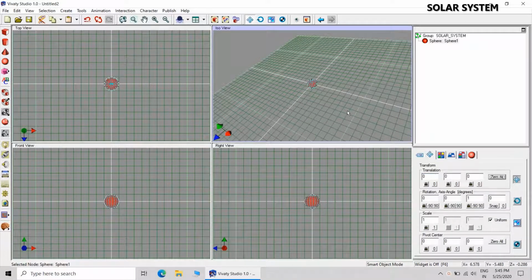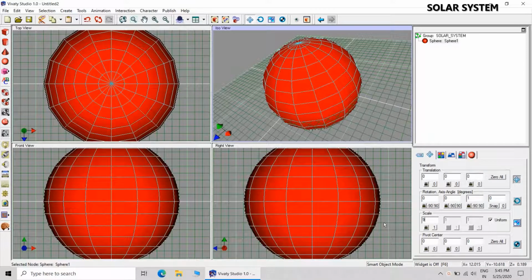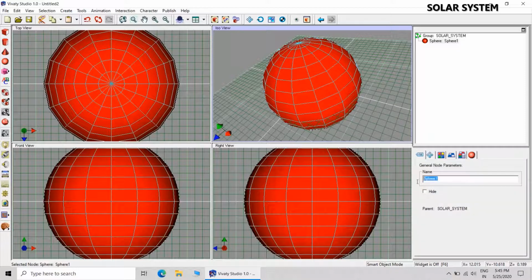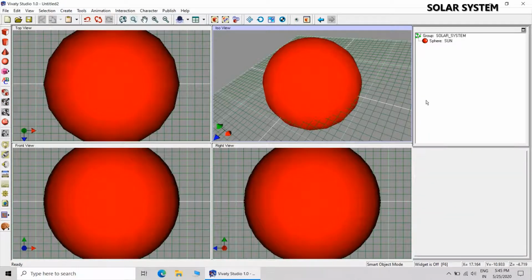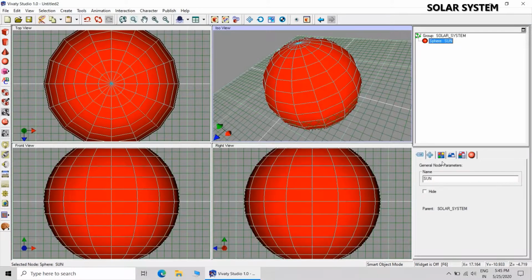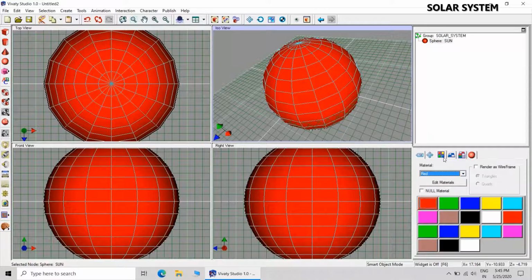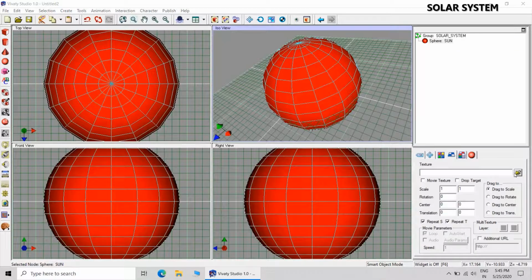Now it will be placed at absolute 0, 0, 0 coordinates, and its size relative to other planets will be 9 times more, with reference to Earth it will be 9 times more. So this sphere will be called as sun, and it is placed at absolute 0, 0, 0 coordinate.